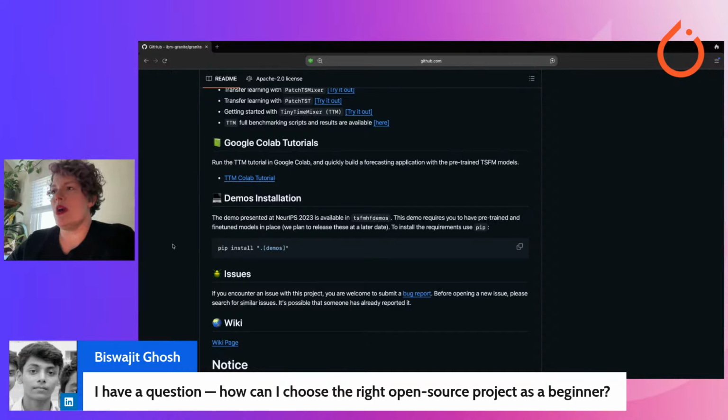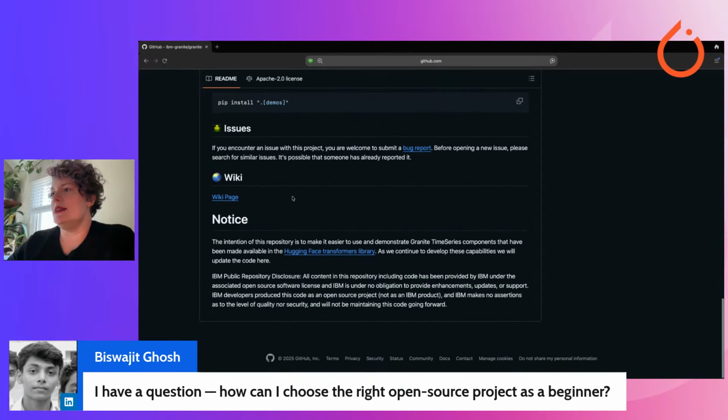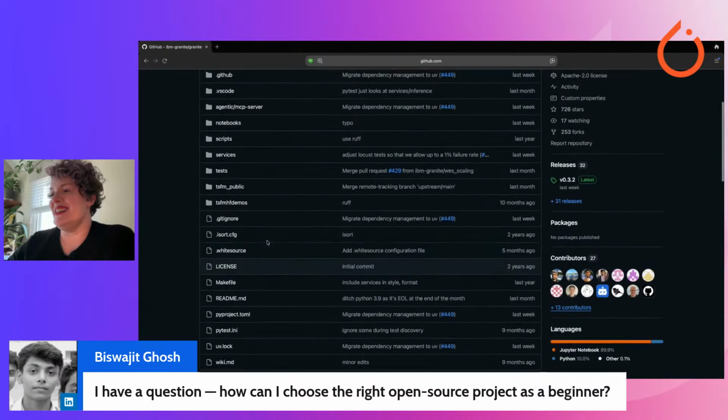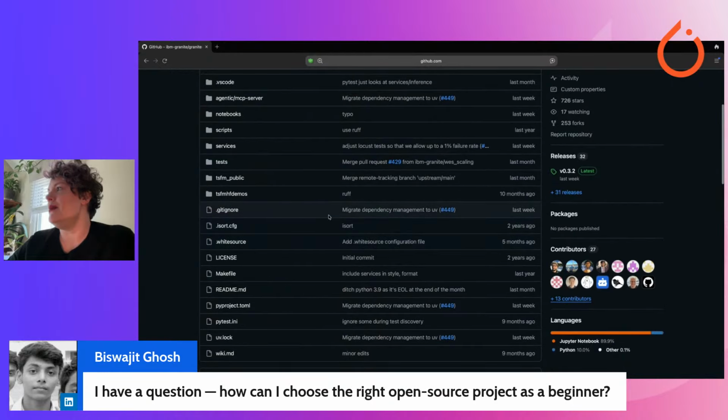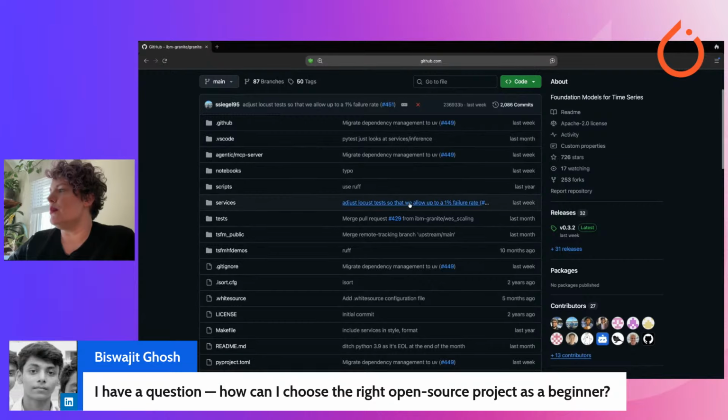A more established project is going to have demos that you can use. It's going to have Google Colab tutorials. It's going to have a contributing document, which this particular repo doesn't have. But if it had a contributing doc, it would show up here automatically in the About section for the project.